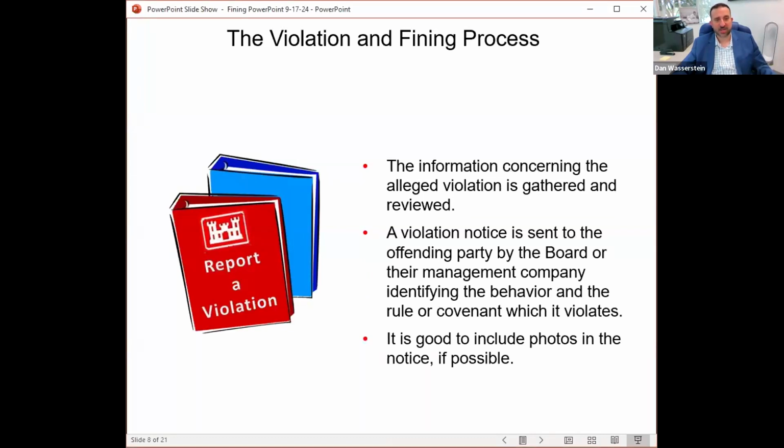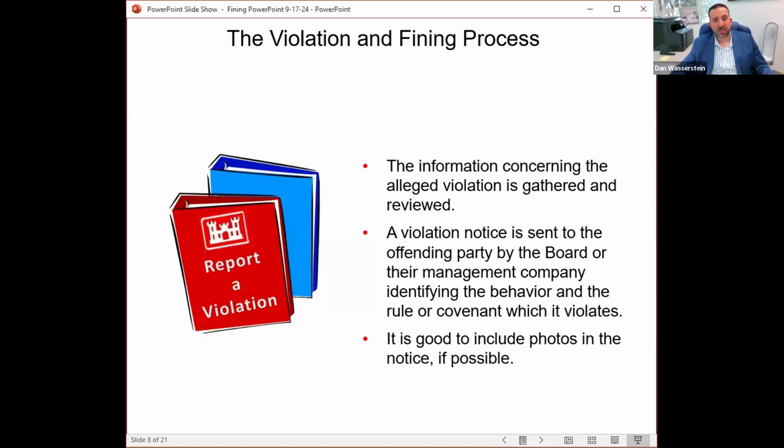Once that is brought to the attention of the association, there should be information gathered. You shouldn't just jump to sending a letter. You're going to want to make sure you confirm, especially if it's brought to you by a neighbor or a committee member, your management or your board, you're going to want to confirm that violation is accurate, that it exists, that it wasn't something that was only for a fleeting moment. If it's, let's say, a parking issue that was resolved after only a couple of minutes, you want to look into that. Make sure, okay, is this something that is actually existing?